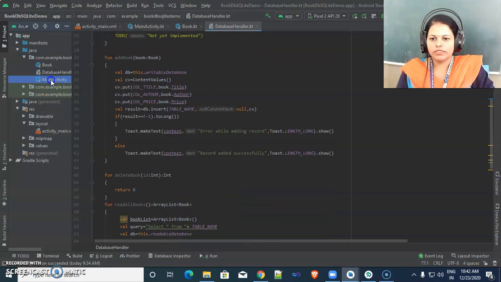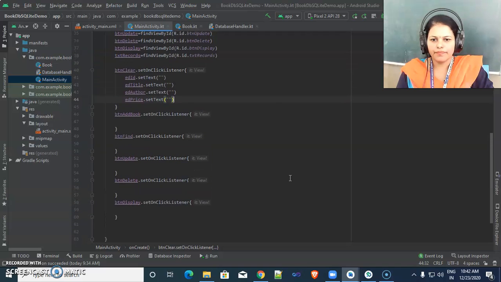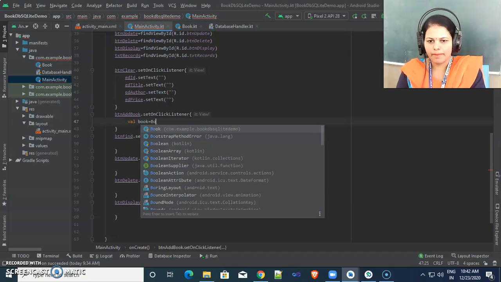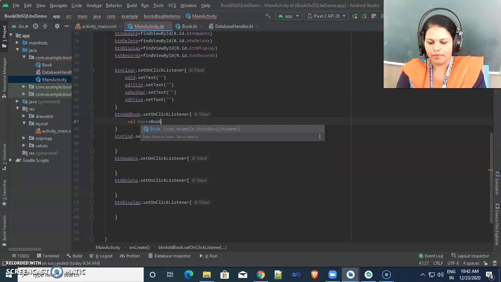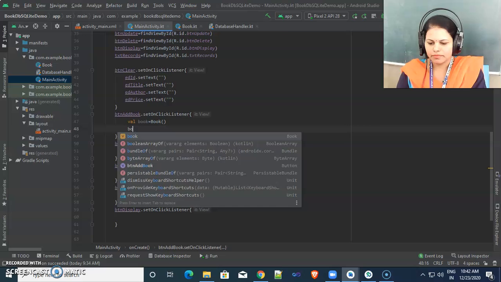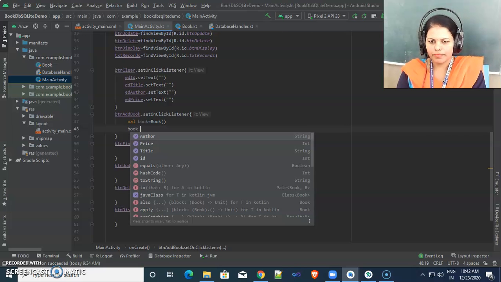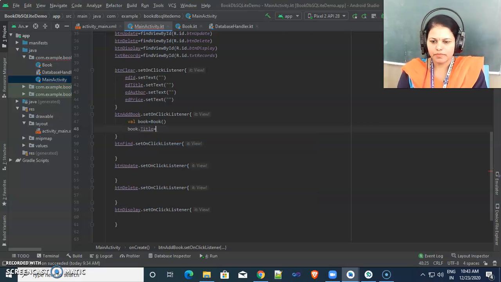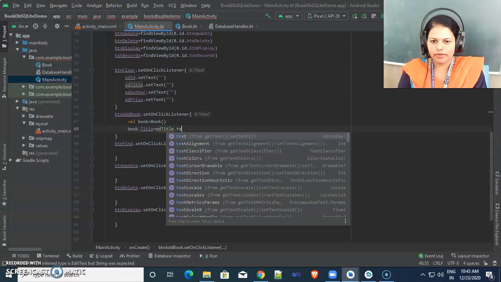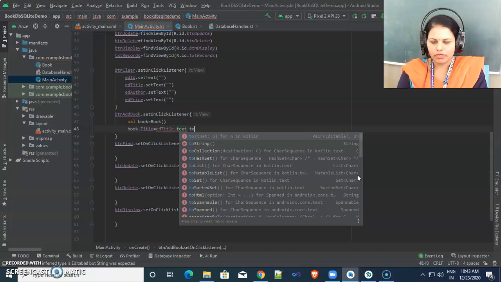Now we go towards the main activity, and here add book is here. Here we want one object, val book is equal to Book. Then we are adding book dot title as edit text book title dot text dot toString.